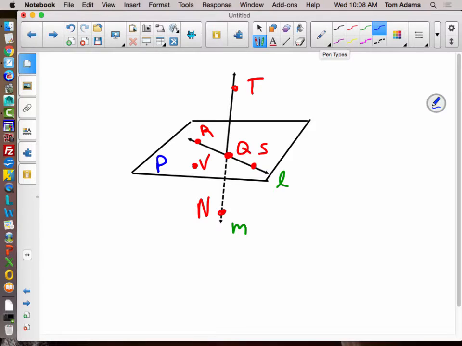Alright, so we talked about points, we talked about lines, we talked about planes. So I have points, I have planes, I have lines. And so there are some questions that your textbook asks us. So question number 1 is,